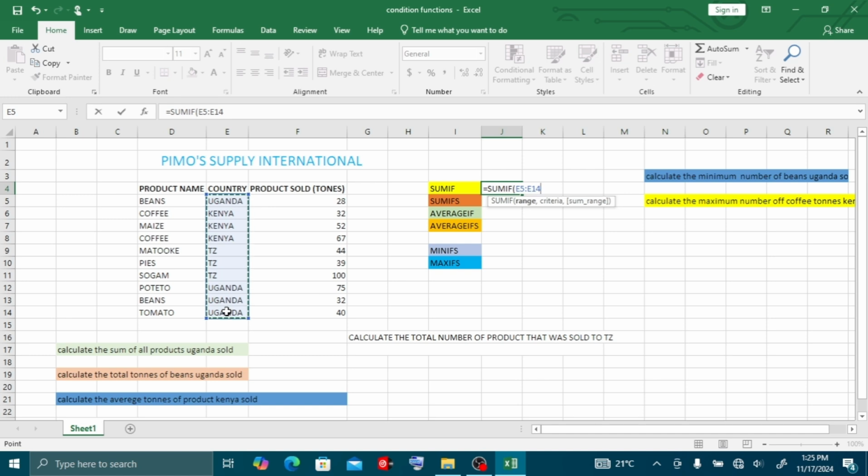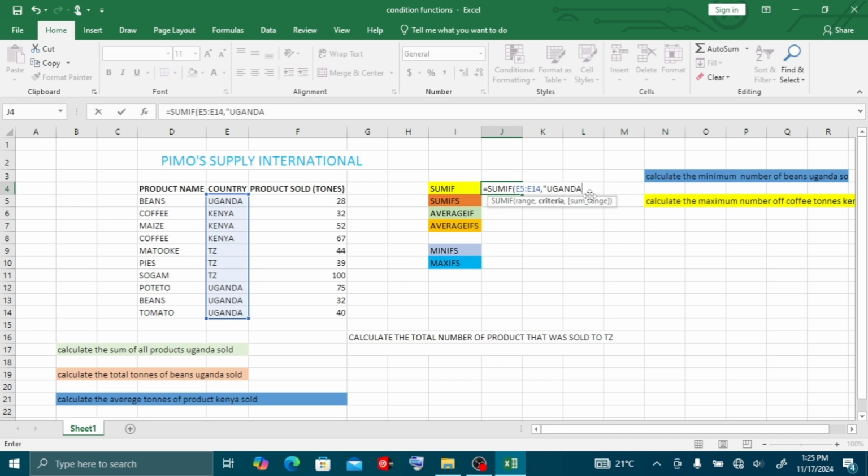After putting in the range, you put a comma. When you put a comma, it means you are done with this one. Now Excel highlights the criteria, meaning it is asking you to fill in the criteria you want to be considered. Our criteria is Uganda. So either you reference this cell where Uganda is, or you open quotes and write Uganda.